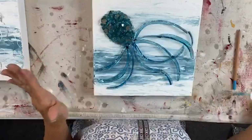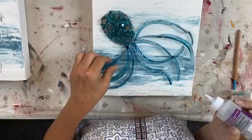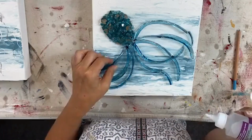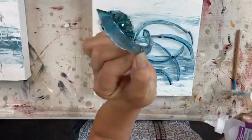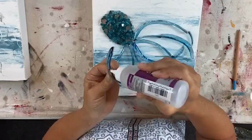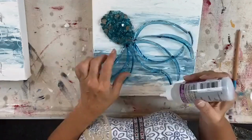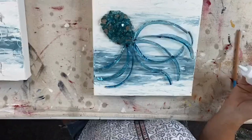Okay, so there are tentacles. So I'm going to add a little bit of glue here and there just to make sure they stay in place. And then I'm going to get up and go get their eyeballs. So I just add a little bit of glue to that side that touches the canvas. So these are so cute, aren't they? See the curve? So add glue. Make sure you're getting back where you want them, and that the tip of that tentacle is